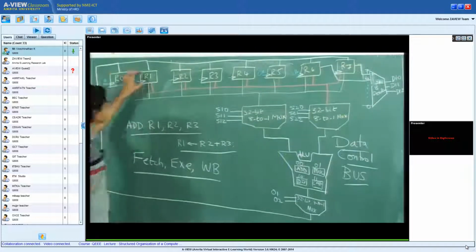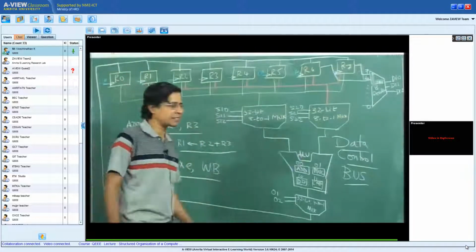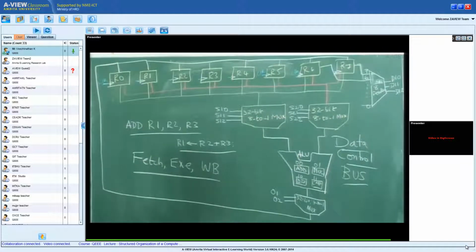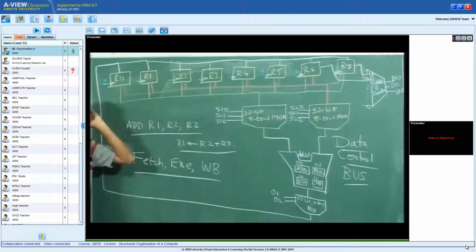So these registers are 32-bit registers in which I could load data parallelly, and the data will get loaded if the register is selected, meaning the select bit should be set to 1 and there is a clock pulse. We expect that you would have covered these types of registers in your digital circuits course.